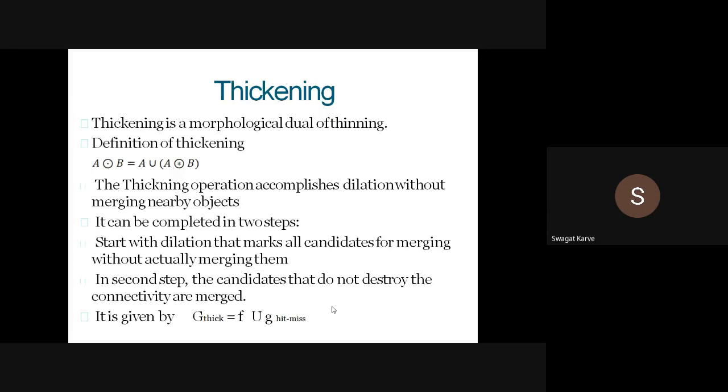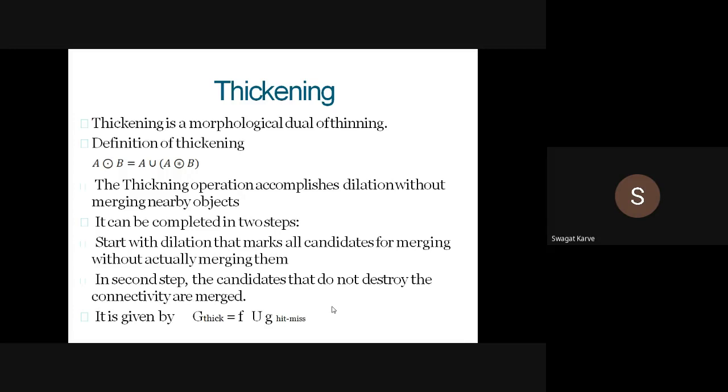बरोबर आहे. थिनिंग मध्ये आपण पहिलं ऑपरेशन काय केलं होतं, इरोजन, राईट? आणि सेकंड ऑपरेशन काय केलं होतं, मग whether we find a disconnectivity, right, or those which are not destroying the connectivity, that means they are disconnected. It's a negative meaning. Okay, means what, where there is a disconnectivity, those objects we are removing, right? So that is what we have done in thinning.